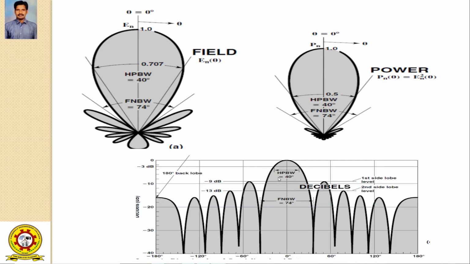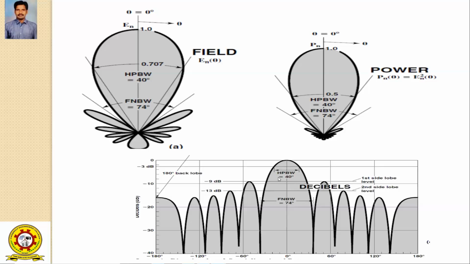In this picture, on the y-axis we represent decibels, where the maximum value is 0, then 3 dB, 10 dB, 20 dB. The first side lobe arises where the maximum value has fallen to 10 dB. So that is the first lobe. From 10 to 3 dB more, 13 dB, that is your second side lobe.